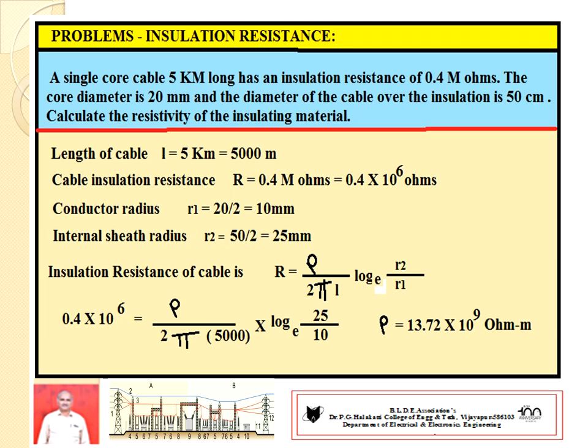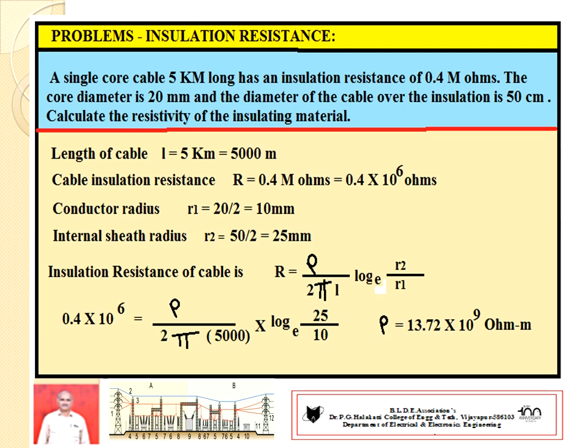And internal sheath diameter is given, you convert to the respective radius, R2. We can call 50, it is given, so it may be 50 by 2, 25 mm. So in the problem it is printed as centimeter, you take as mm, 50 mm. One thing you have to give importance, R1 and R2 must be of the same unit. Both are in millimeter, or both are in centimeter. You take the care.